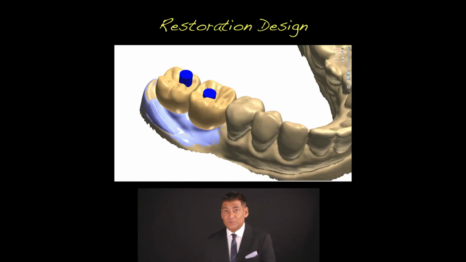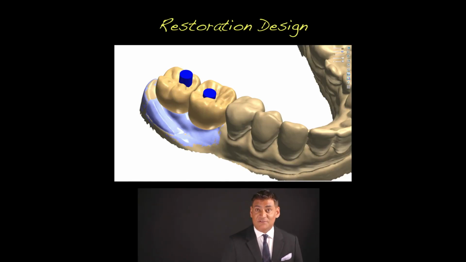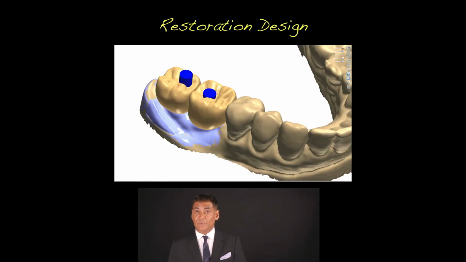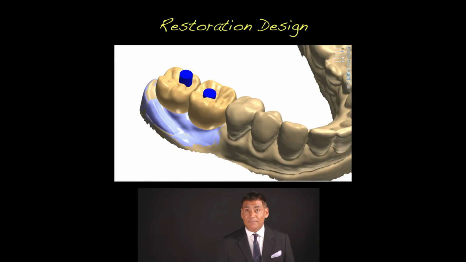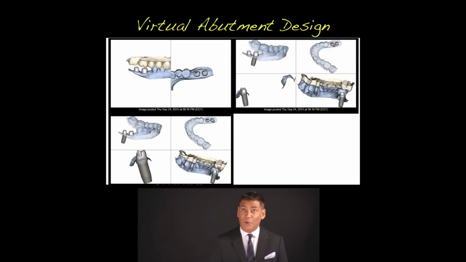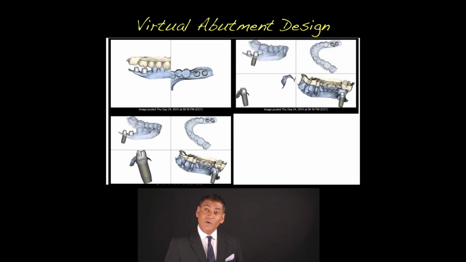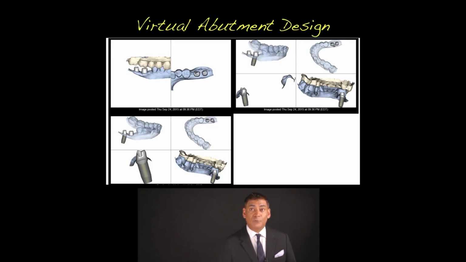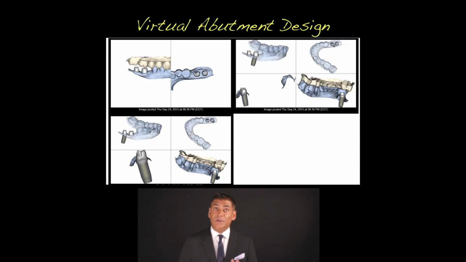They can actually put screw access holes. They can actually verify if you can have a screw retained crown, or if it has to be cement retained. How you design the abutments can be done, and you can be involved in that process without even physically having to go to the lab, because a lot of this can be sent through a secure portal and you can evaluate that on your computer. You can be involved in the input in terms of the design of the abutment as well.